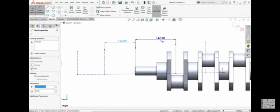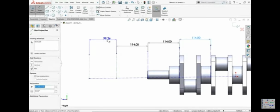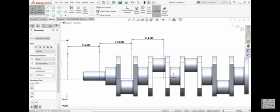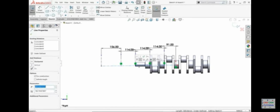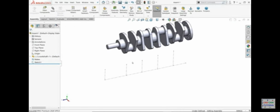114. This is the distance between two pistons, and we are going to fix this piston. Now make distance from here to here 91. This is the distance from this end. Okay, this does not seem fully defined. Okay, make horizontal. Now this is a fully defined sketch. Exit. It is moving like this. Let's make